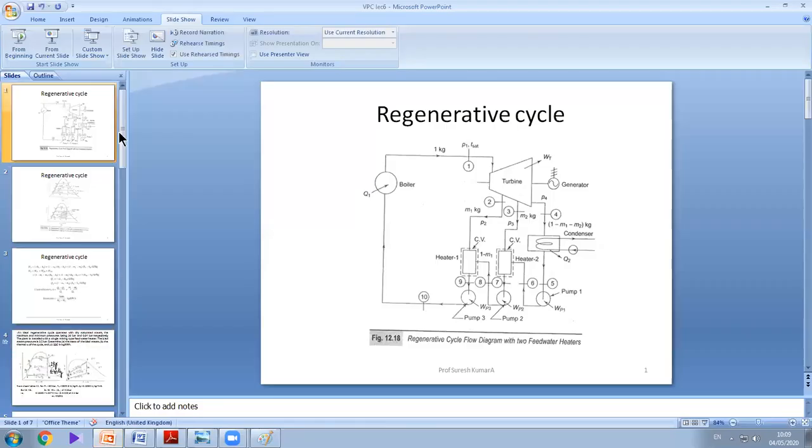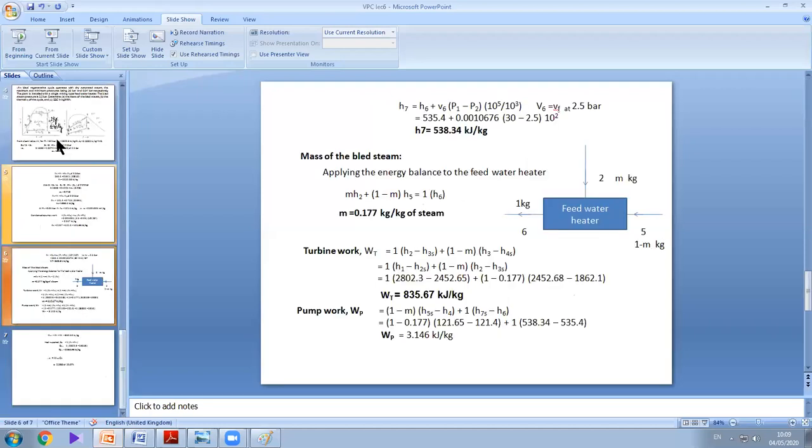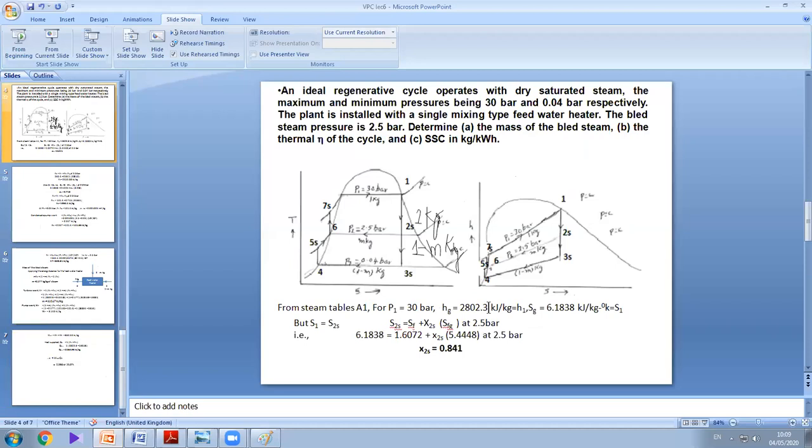See, when we calculated here in the diagram, H1, how much did we get? H1 we got